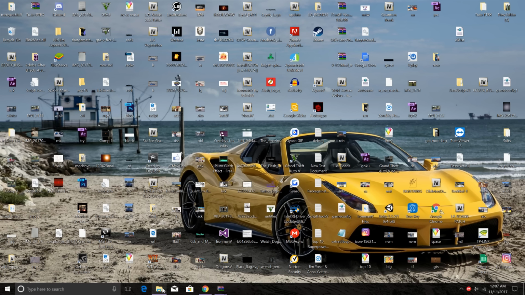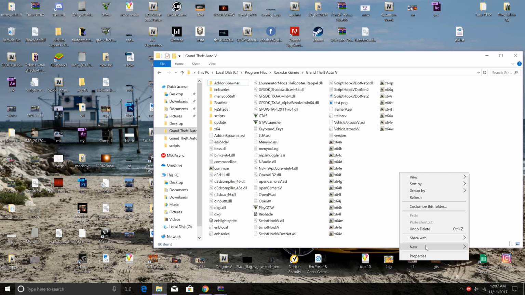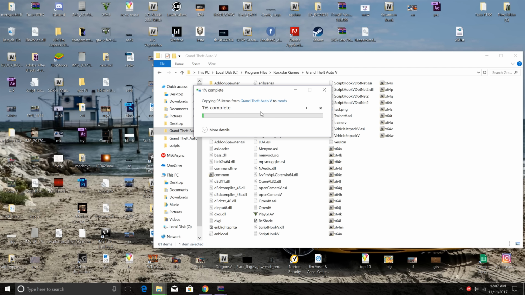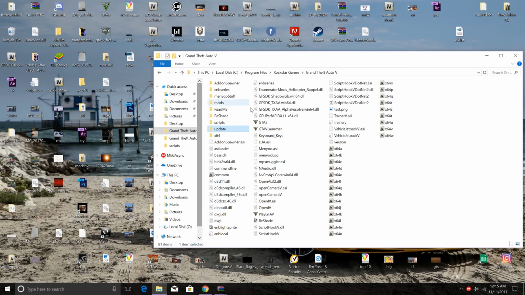While it's doing that, open up your main directory, right click, new folder, and then name this folder mods, and then just copy your update folder and paste it into your mods folder. This should take a while. Alright, so now once your update folder is done pasting into your mods folder,